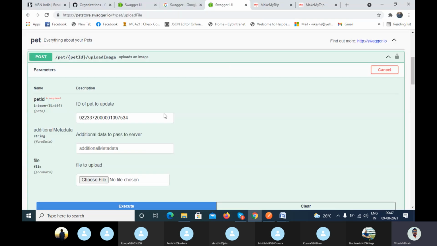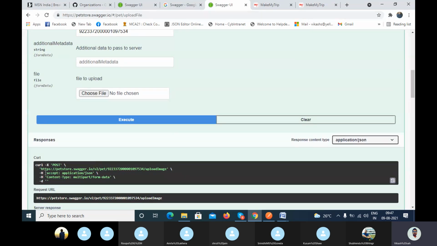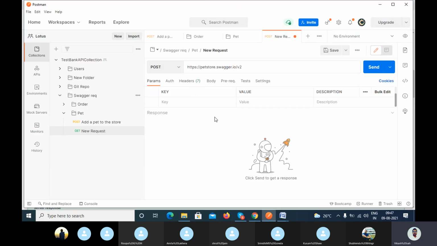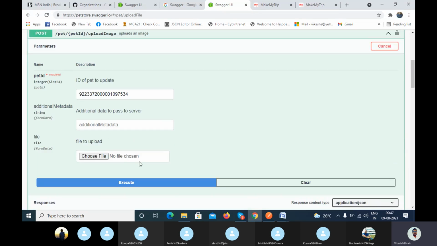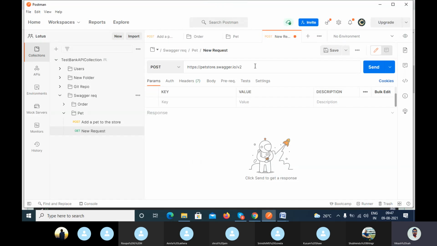And what URL is this? This one. Okay, this is the base URL. Okay, let me paste it here. Now, what is the resource? Pet ID and upload image, right? So what you will do,